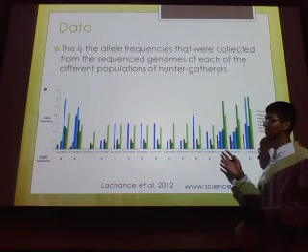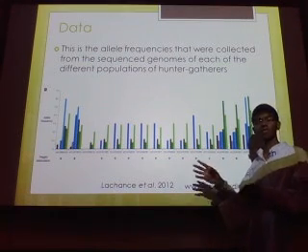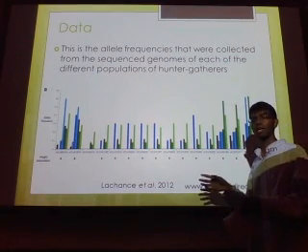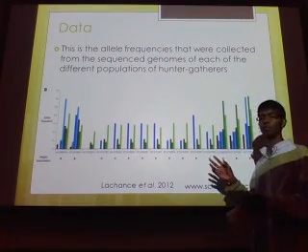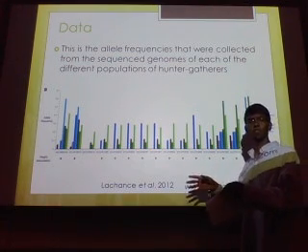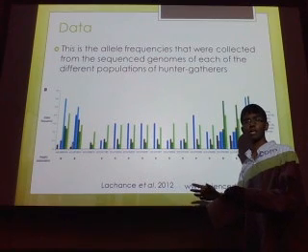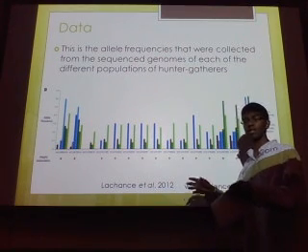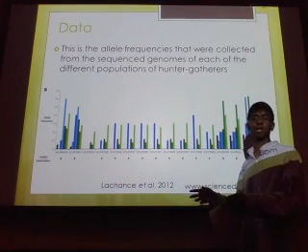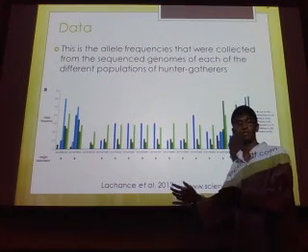And they sequenced the genomes of individuals in these populations, and they wanted to determine which ones were similar and which ones fit into the bigger picture of human evolution, or how Africa in general would fit into the bigger phylogenetic tree of